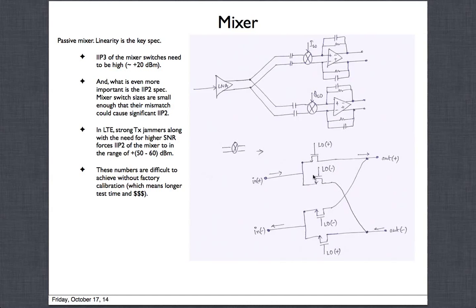I will not go into how this works, because you can refer to my other lecture on LNA and mixers, which is also on YouTube, and you will understand more of the operation there. But what is key here is that the IP3 of the switches has to be extremely high. Remember, there's gain here. Let's say that from input to output the gain is 20 dB. Then if at the input you're trying to get a 0 dBm type IP3 number, 0 dBm with 20 dB gain tells you roughly that this IP3 has to be plus 20 dBm. That's why the switches need to be designed to have extremely good IP3.